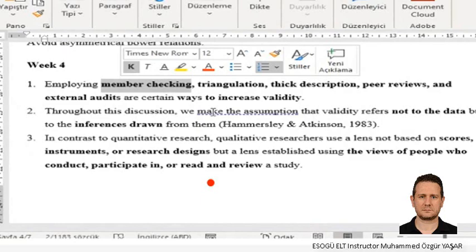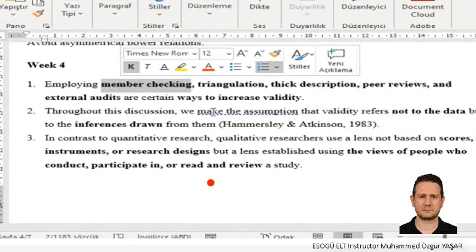You clarify, and you show them your notes and ask their opinions, whether you understand them. So this is called member checking.